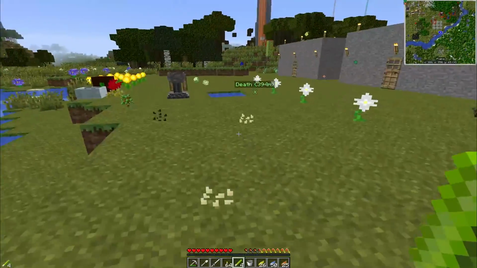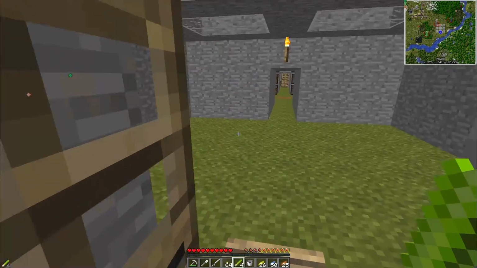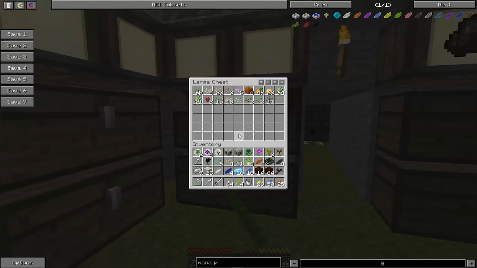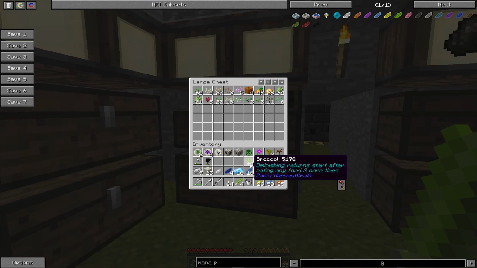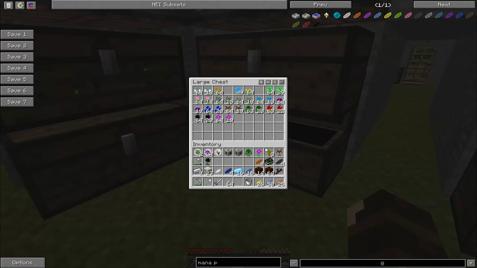But I've got a whole bunch of crap just lying around out here, so I'm going to go store some stuff real quick. And then we'll get back to work, I think. Maybe we will have generated some mana by then. Doubtful, but who knows. Some food, some flowers,